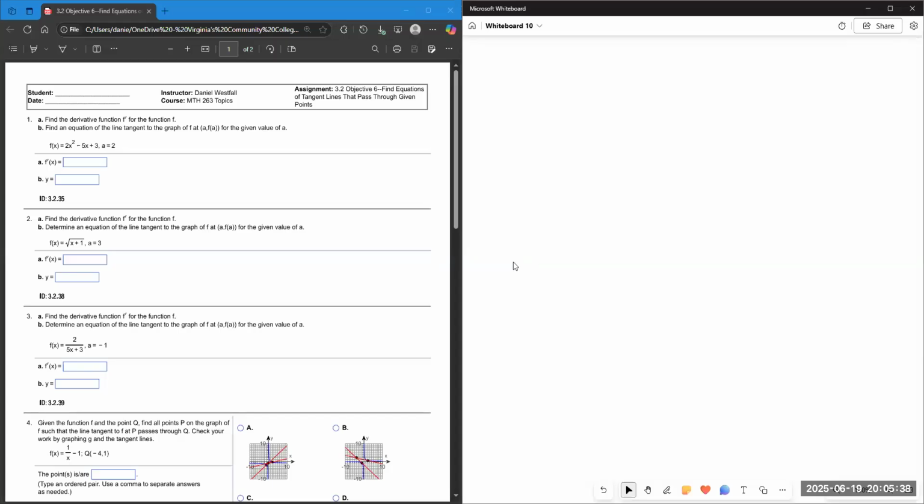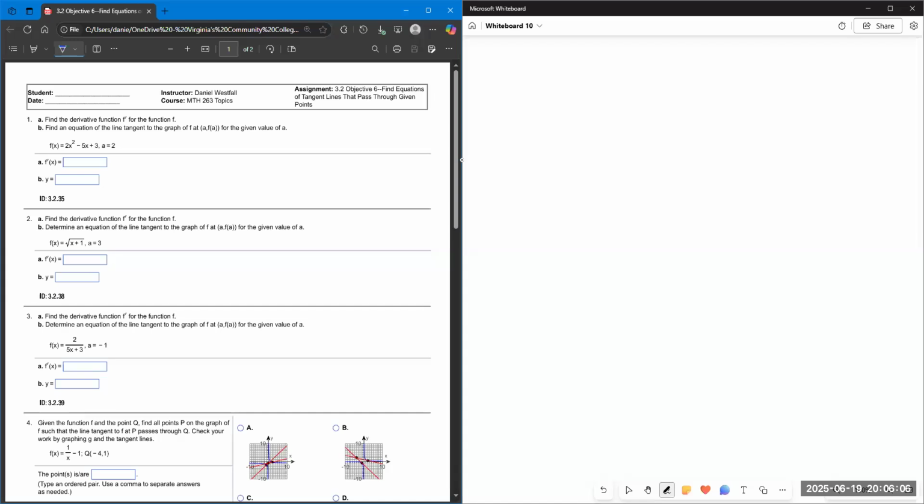In this video, we're going to talk about 3.2, Objective 6, where we find equations of tangent lines that pass through given points. Normally, if we were going to do a tangent line problem, we would use the f prime at a formula, but the questions here specifically tell us to find f prime of x and then stick in the value of a that's given to us to find the slope,